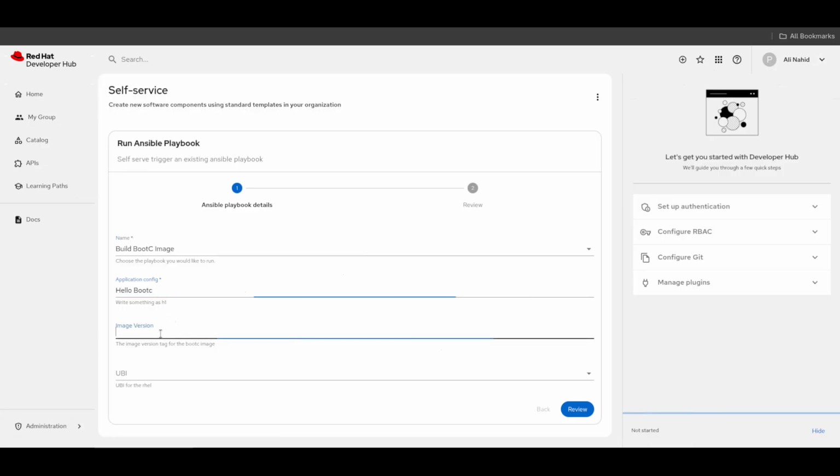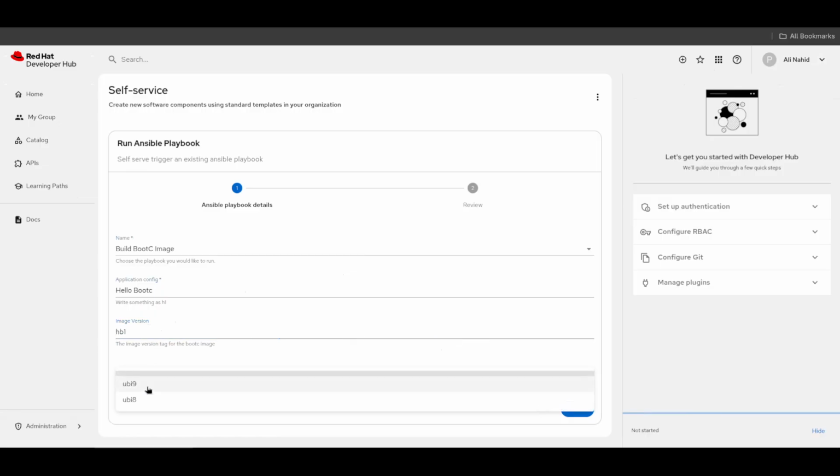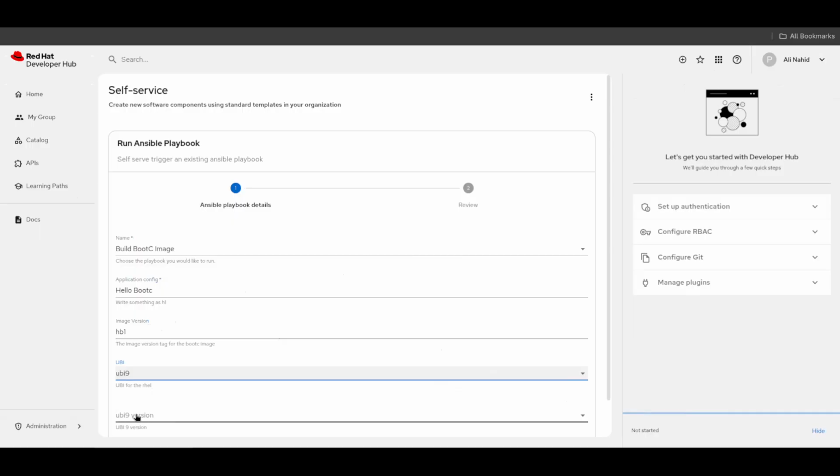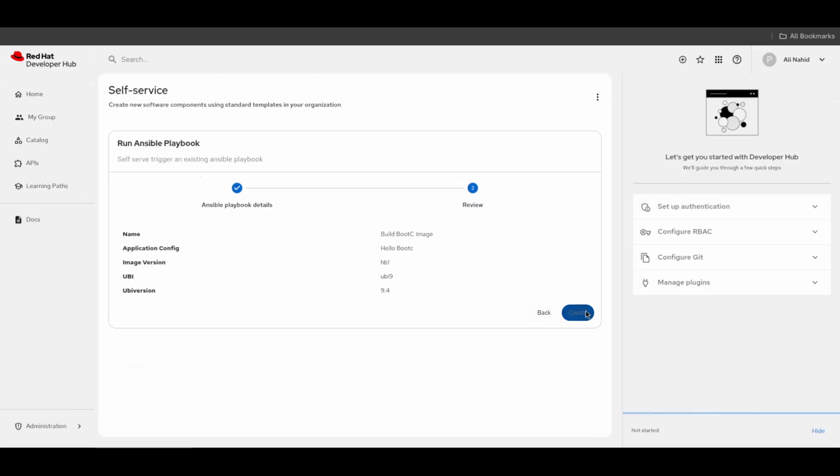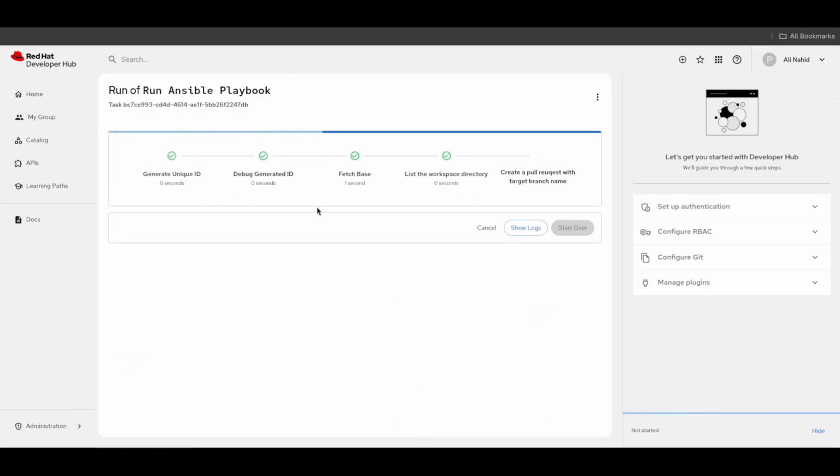bootc. For the image version, I'm just going to give it a version name, HB1. I'm going to choose RHEL 9 and the version is 9.4. We're going to go review and create. What this will do is create a pull request,